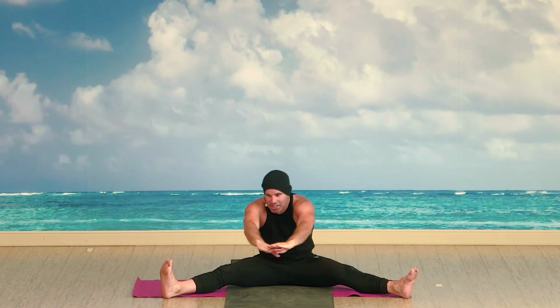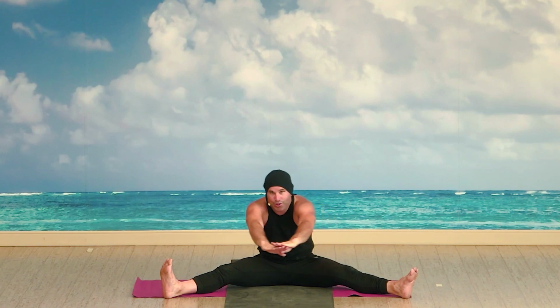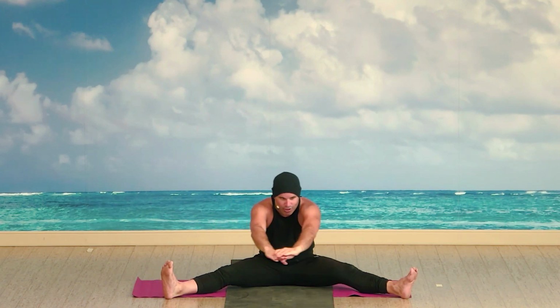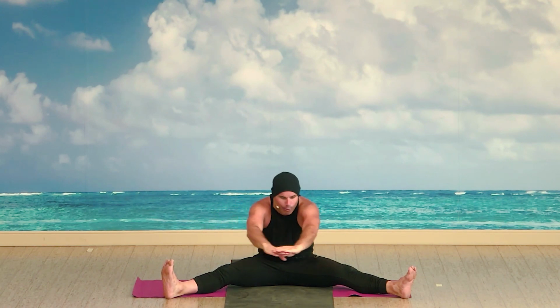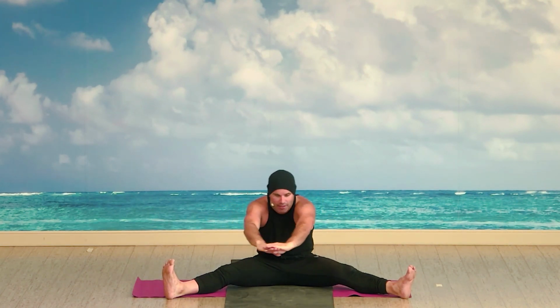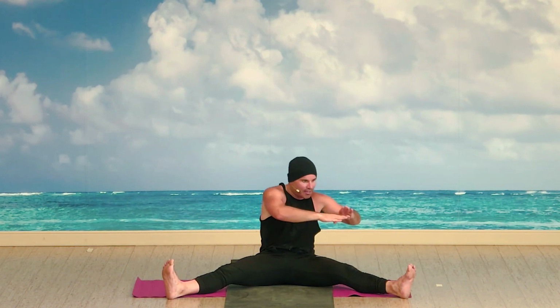Good. In this direction, we got 3, 2, and 1. Switching direction. So we are where we are today. Maybe yesterday, my wide stance was bigger. Maybe I felt better, or maybe I felt worse. But today is where I'm at, and today is how I feel. And today is where we are in the present moment. Feeling that movement. 3,